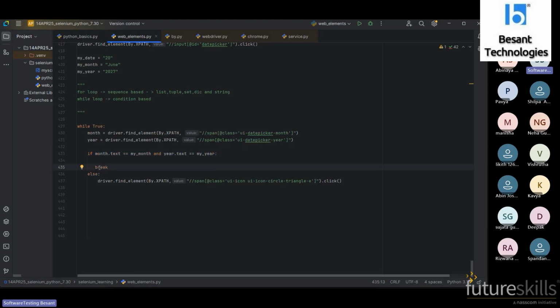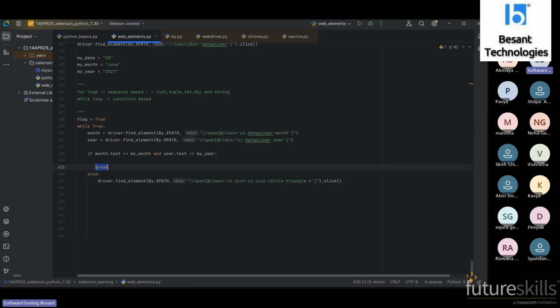The interpreter will go outside of the loop and come here. So to stop the loop, we have to use break. Or, instead of using True by default, we can create a custom flag.